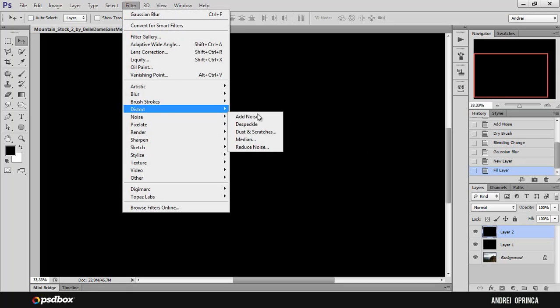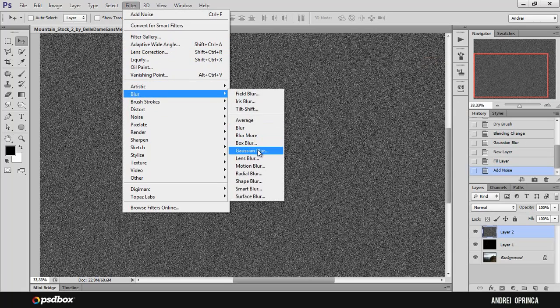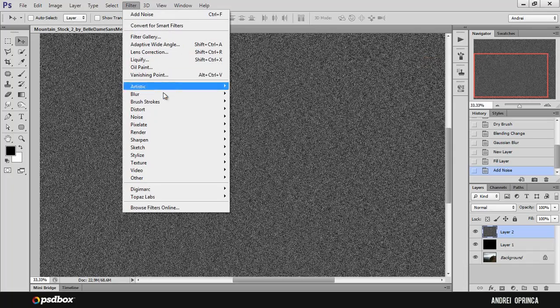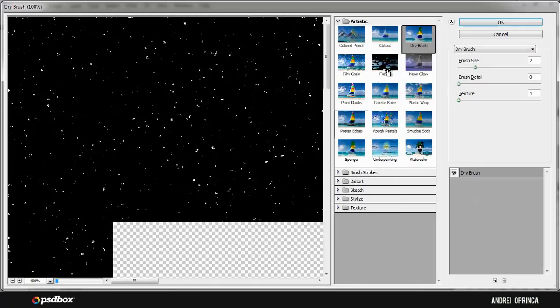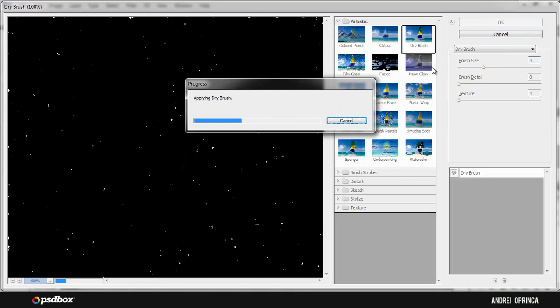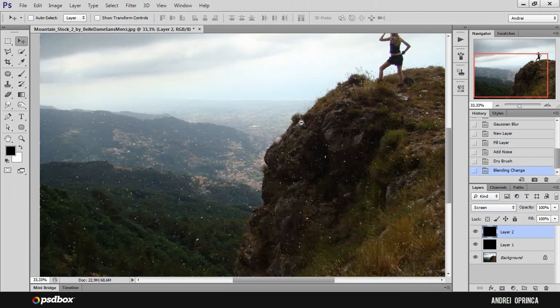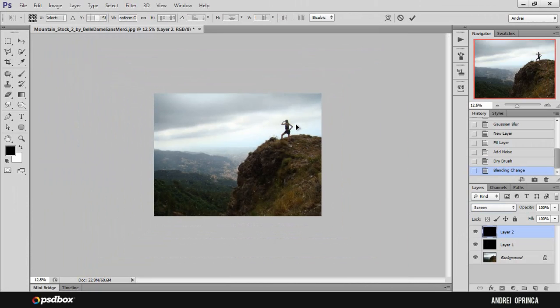Have to go to the filter noise first. I'm doing it quick now because I just showed you how I did that. I brush, but this time I'm going to set the brush size to 3, so I have fewer particles, and click OK. And one other thing that I will do is press Ctrl T on this new layer to load the free transform and make it